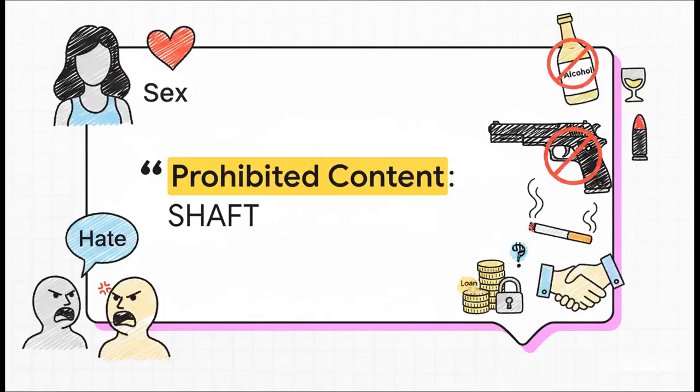Now, beyond getting legal consent, the carriers are also filtering your actual content. They use this acronym SHAFT to flag prohibited topics: sex, hate, alcohol, firearms, and tobacco. But it's not just those. Their automated filters can also get tripped up by high-risk keywords like loan or guarantee. Sending anything in these categories is pretty much a surefire way to get your number blocked.